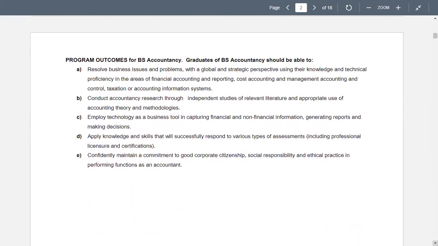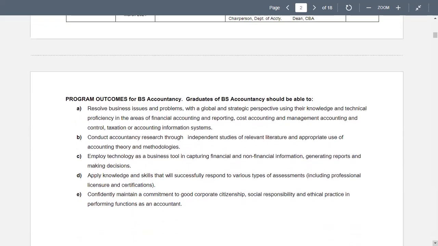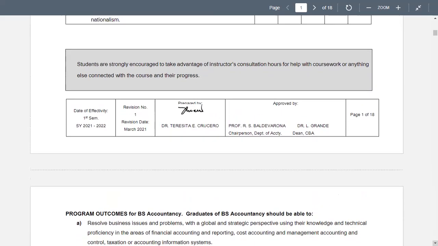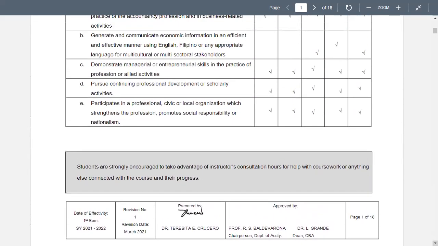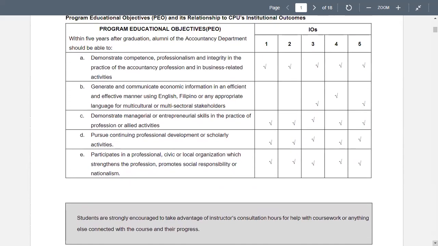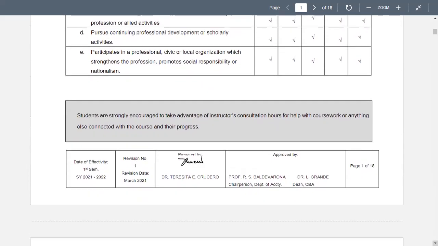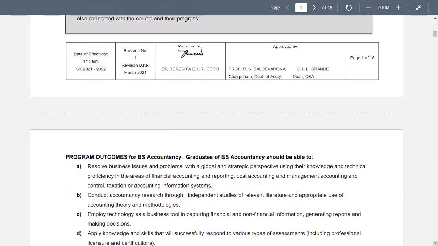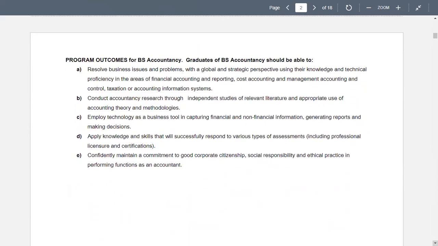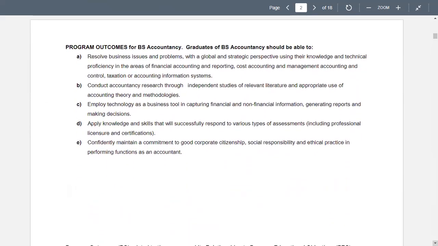For the program outcomes of the BS Accountancy, the BS Accountancy graduates should be able to resolve business issues and problems. So again, we are referring here to the program educational objectives, and now we have the objectives of the Department of Accountancy for the BS Accountancy program,